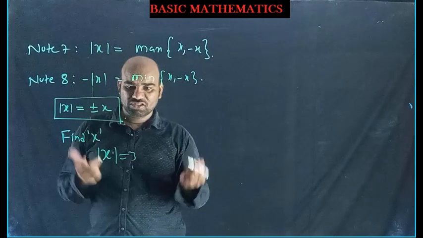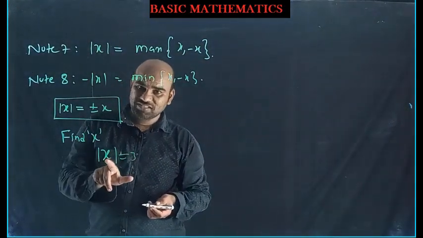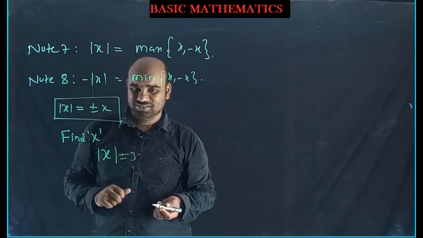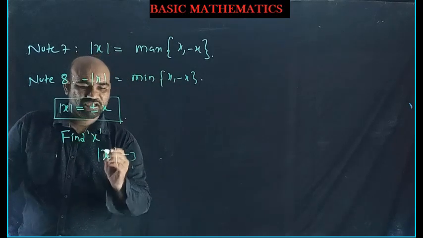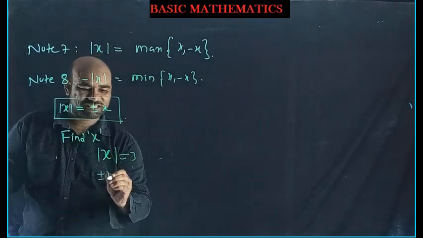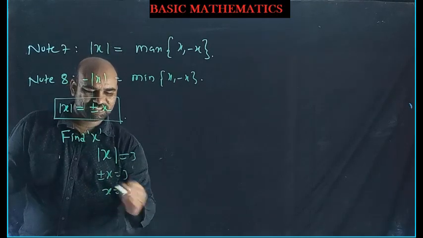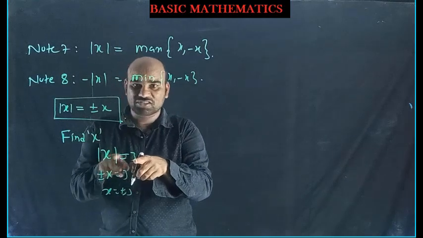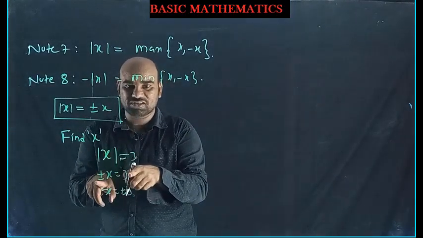Mod of x equal to 3 means instead of x you write 3, it satisfies; minus 3 satisfies. Then I can say 3 and minus 3 both are the solutions. But how to write the solution? Mod x means plus or minus x, so mod x equal to 3 means x equal to plus or minus 3. But don't write directly x equal to plus or minus 3. First step is plus or minus: mod x means plus or minus x equal to 3.